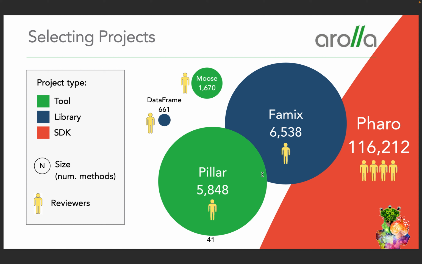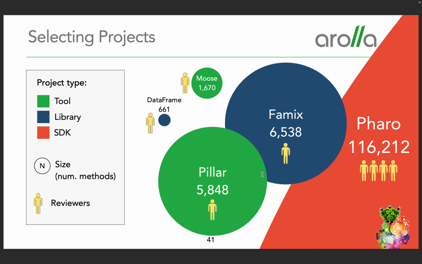So what it means is that a library is a project that is supposed to be used by other programmers. So it has an API, and the API is well maintained, because the API is the most important part of this project. Tools are projects that are like smartphone apps. So they're supposed to be used by clients but not really by other programmers in the general case. And SDK is a special type that we use for Pharo, because Pharo is a big massive system that includes many different libraries in it.